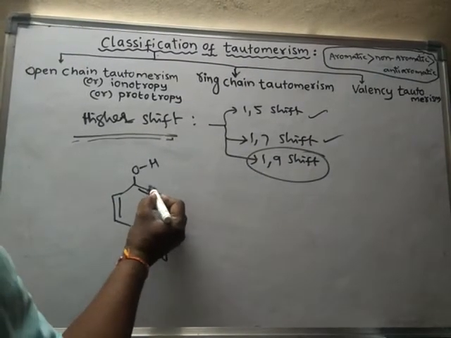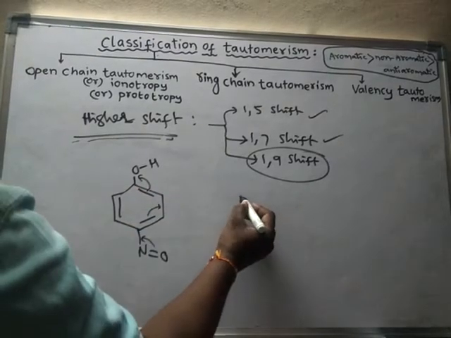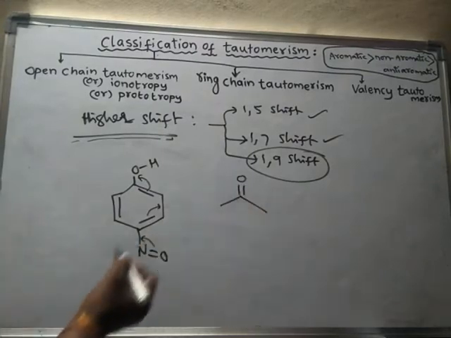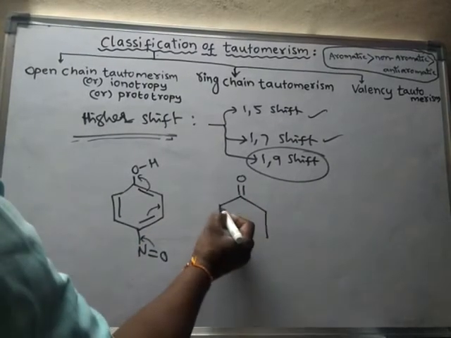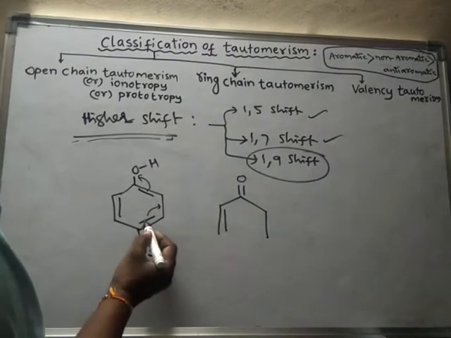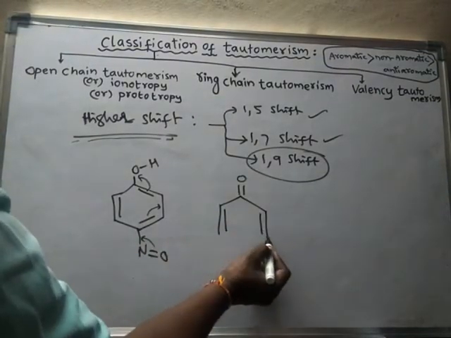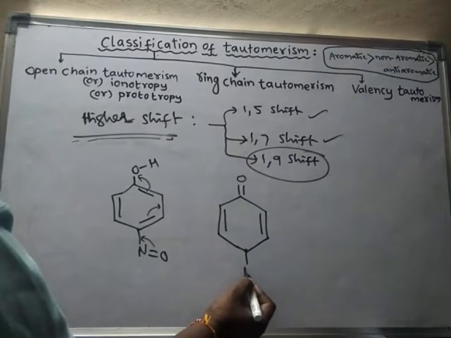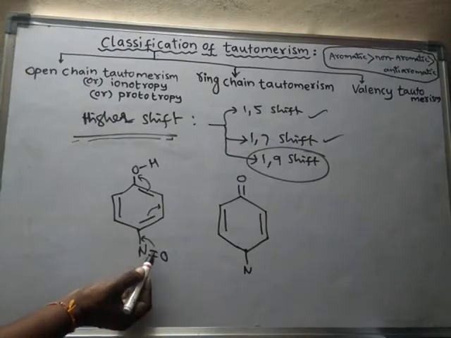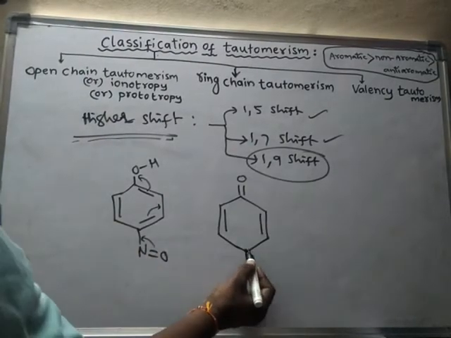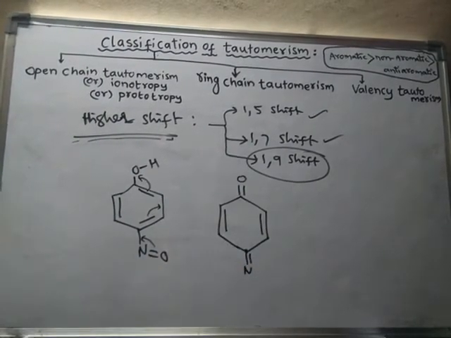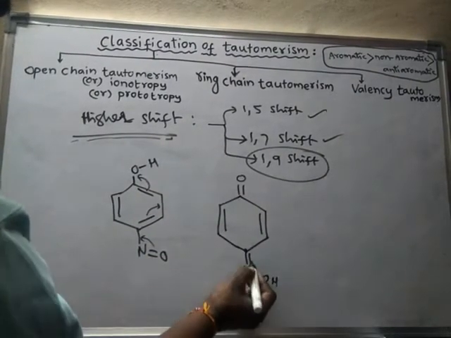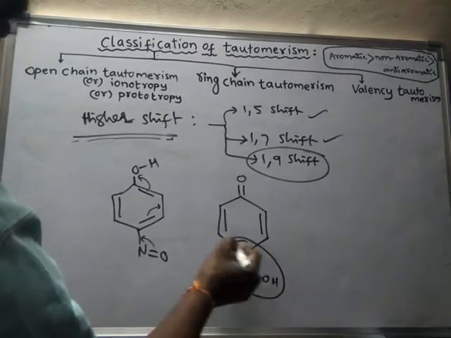Now this bond will shift outside. So between this carbon and oxygen, a double bond is newly formed. Already this bond is like that only. So here this bond is shifted to here. Now this is carbon. It is attached to nitrogen, and this double bond is shifted here. That means between carbon and nitrogen a double bond is formed, and now this hydrogen is shifted to oxygen. So now OH is formed. So that means this is said to be oxime.